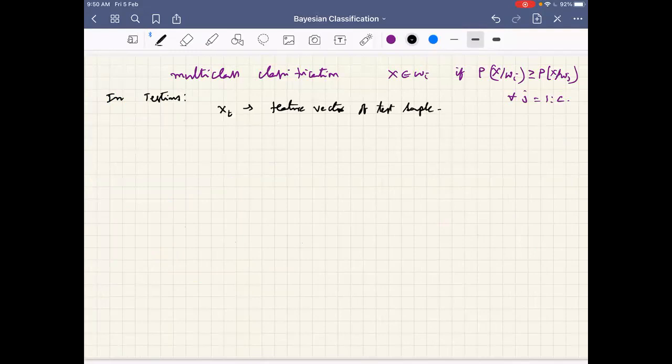Using this sample, what do you think I will do? I want to do classification. So for this feature vector of the test sample, if I want to put it into omega 1 or omega 2 classes in a 2-class classification problem, what should I do? Yeah, quick answer. What should I do? Probability of what?